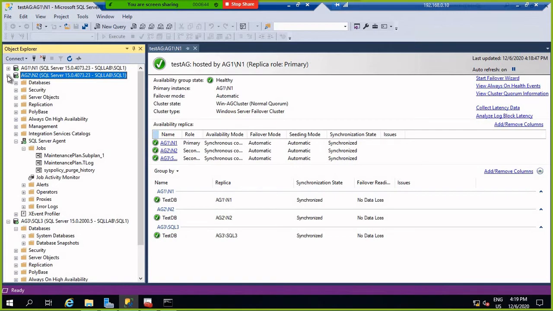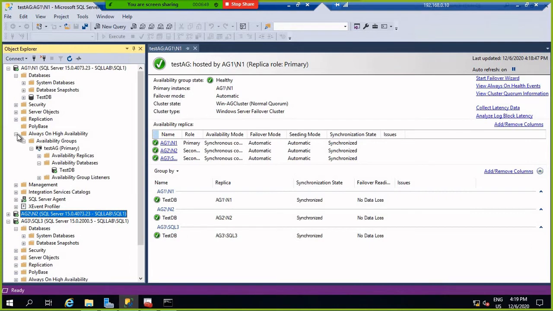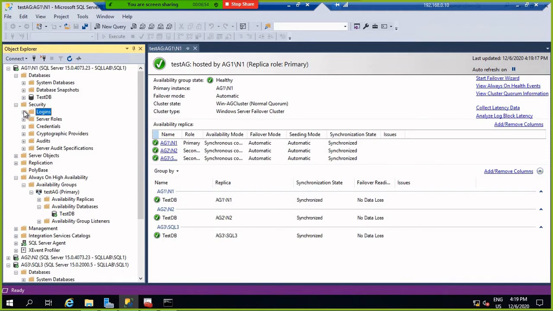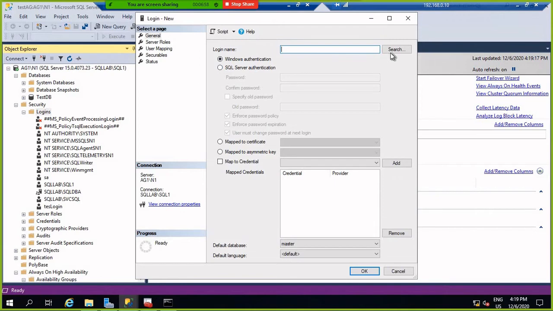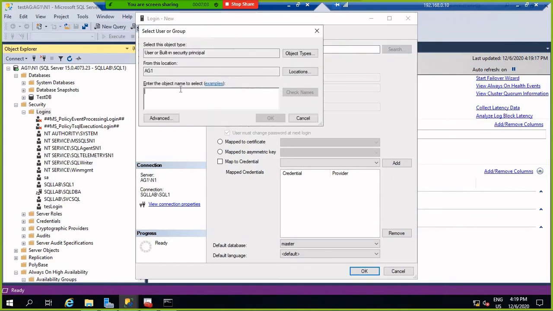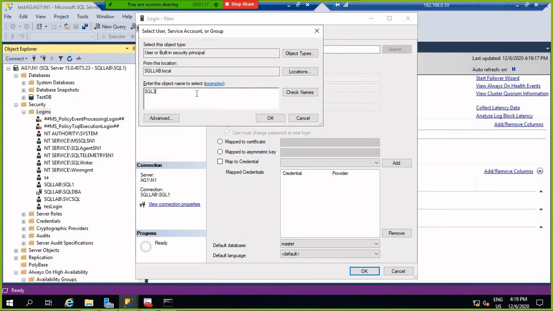This one is my primary. Here I search out Login. I'm creating a login. You need to create a Windows login here. Search and put SQL3, and check it. Here the location I have to change, just change the location to SQL1 first.